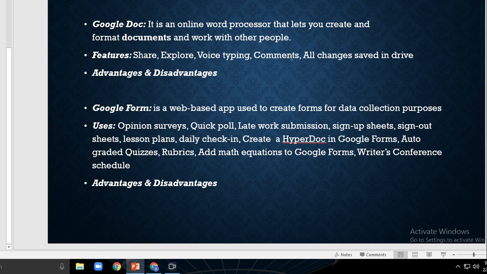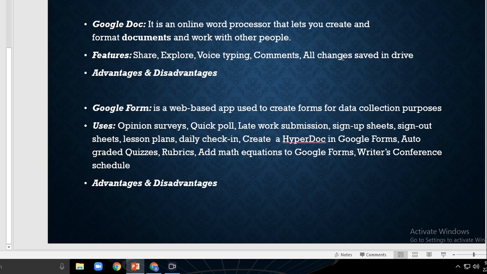After that is comments. Inserting comments into the document is a great way to have real-time conversations with the students or others on a document. To leave a comment on a document, simply highlight the text that you want to comment on and click on insert at the top and add a comment. When you leave a comment, the person who owns the document will get an email saying that you left a comment for them. So everyone knows what you are writing there.